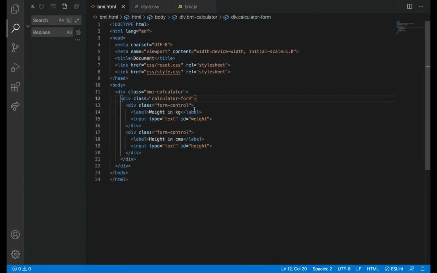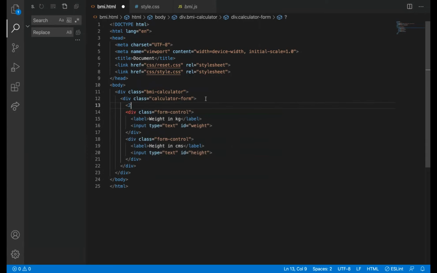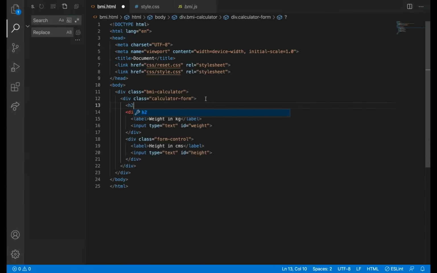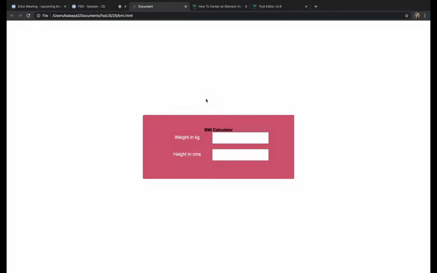One thing I wanted to do is give a title: BMI calculator.